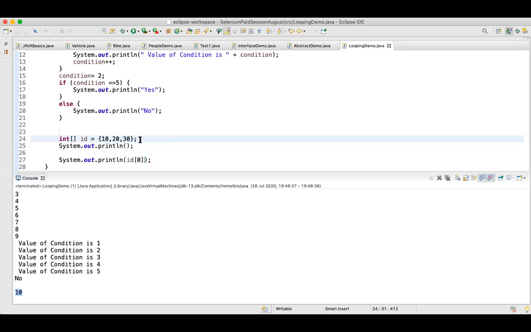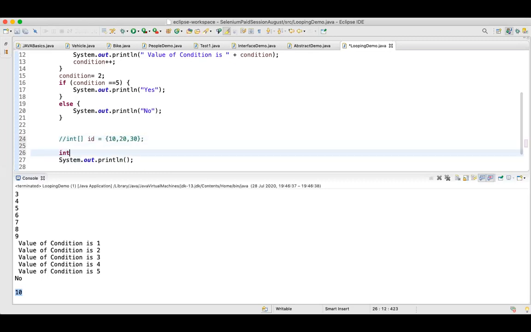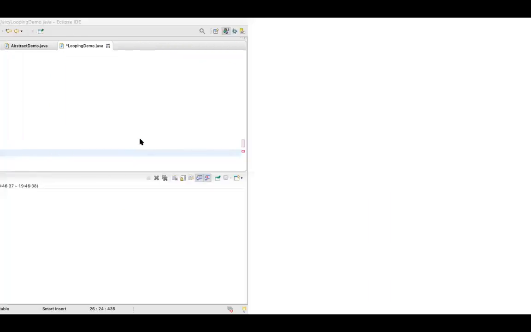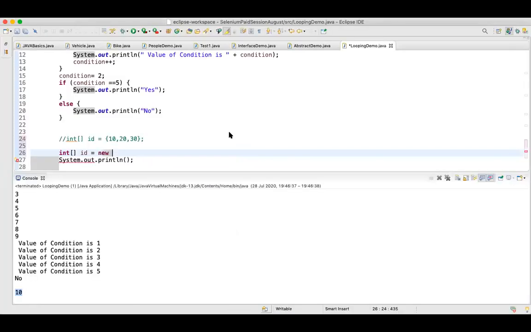Okay, there is one more way. Instead of declaring like this, I can say integer id is equal to new integer, and I'll specify some bracket.